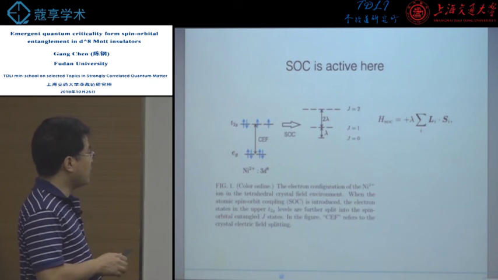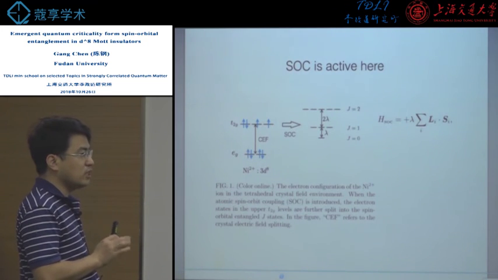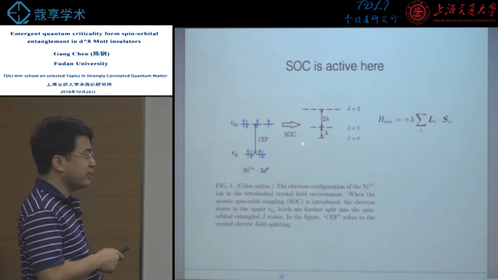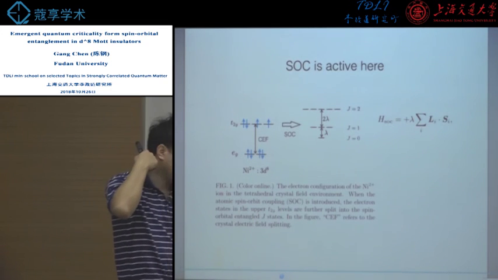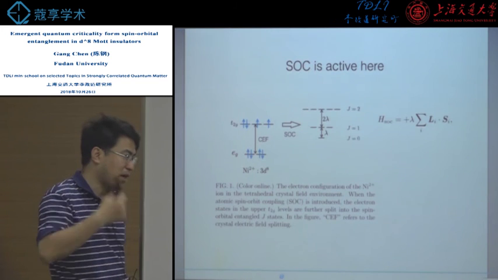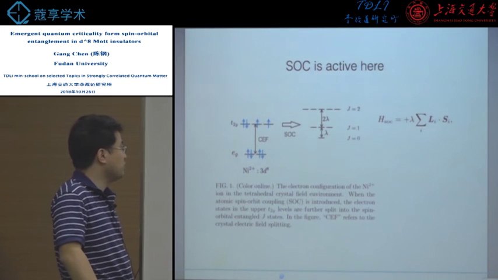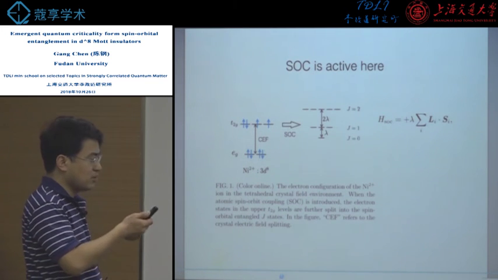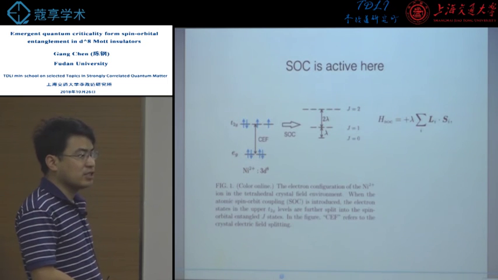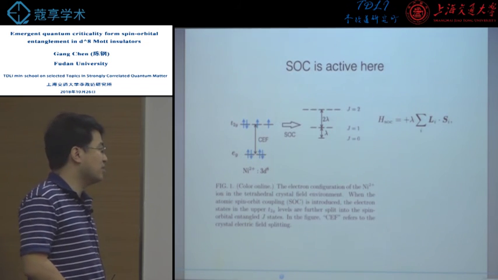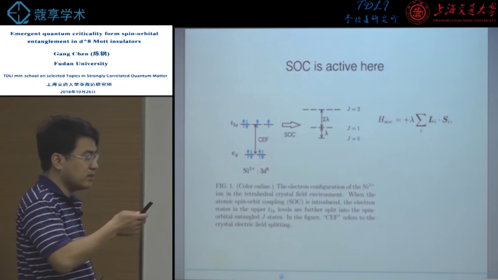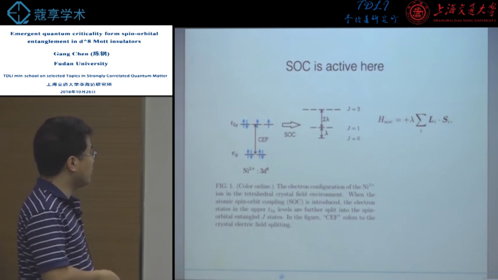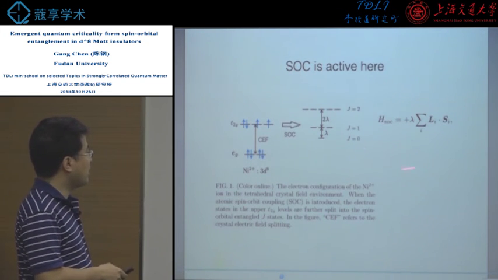If this is the story, and the local ground state is a J equals 0 ground state, then the story is over. There is nothing else. The magnetism is gone. Everything is non-interesting. But that's another story: the system has magnetism, the system has a tendency to magnetic order. So that's not the complete story. The complete story is that this is the on-site spin-orbit coupling, which favors a spin-orbital entangled singlet,